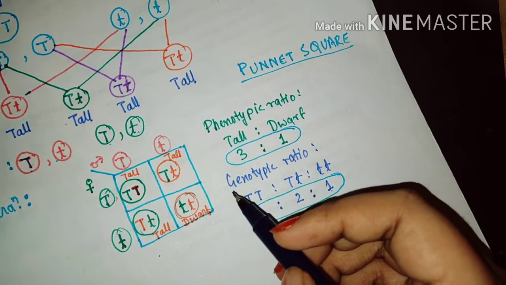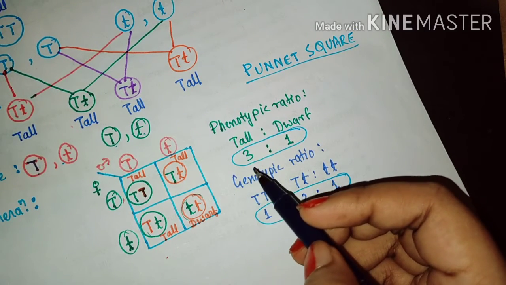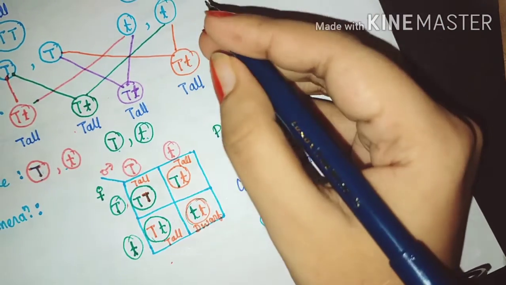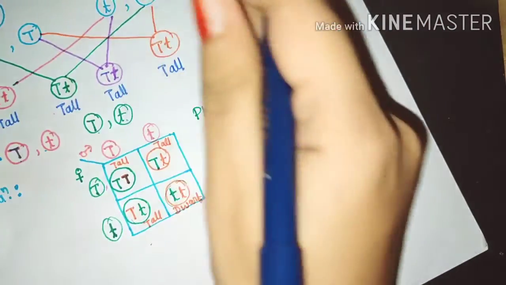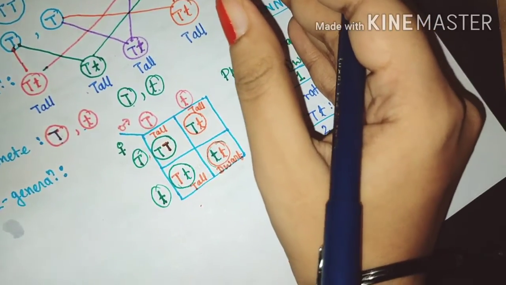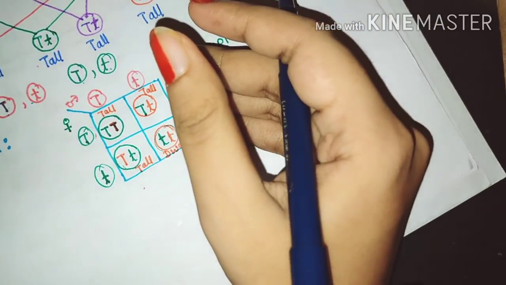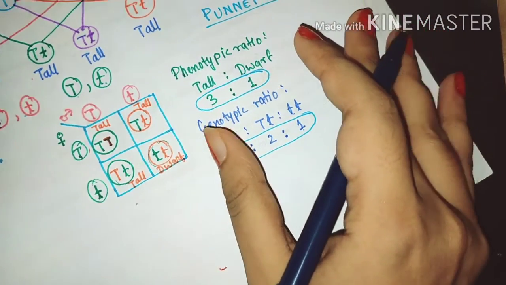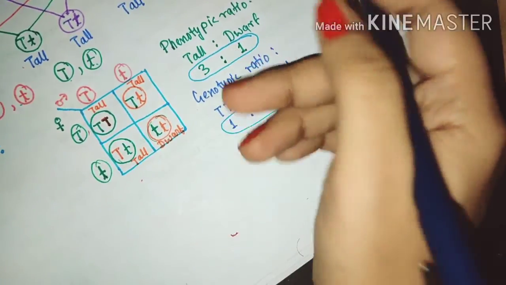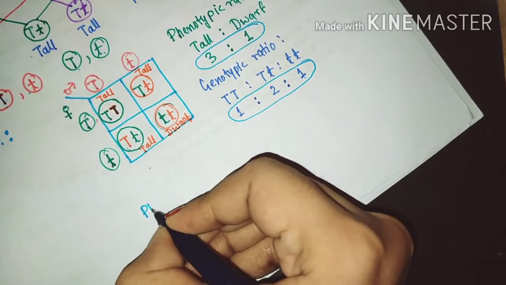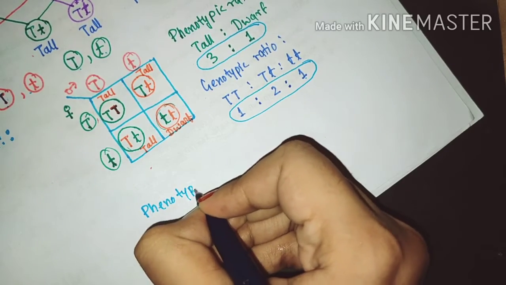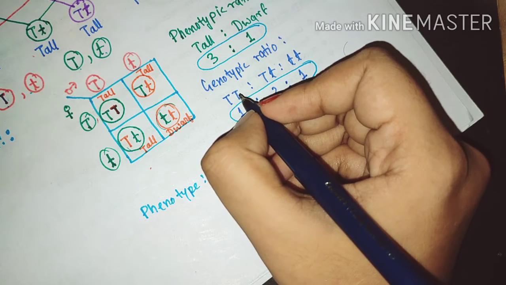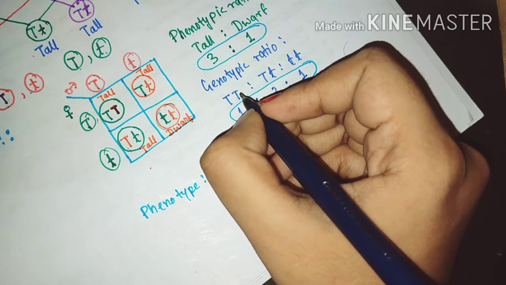So this was how to draw the cross. Now what are genotype and what are phenotype? So now let us understand what is genotype and what is phenotype. Although during my explanation you would have known from your common sense what I am calling genotype and what I am calling phenotype, still I am going to explain that. Sometimes they give you the phenotype and they ask you about the genotype. So phenotype is the character that you can tell in words. For any organism there are characters which you can tell in words.